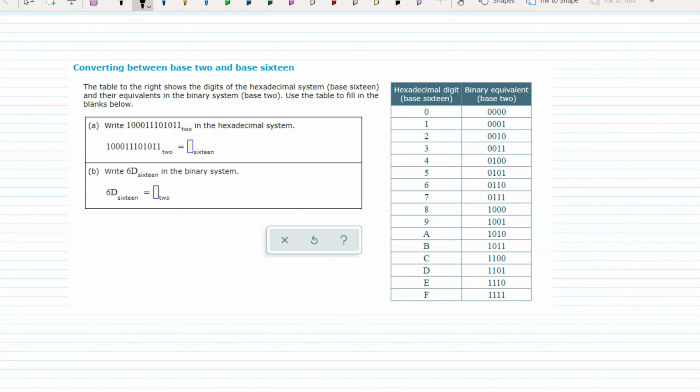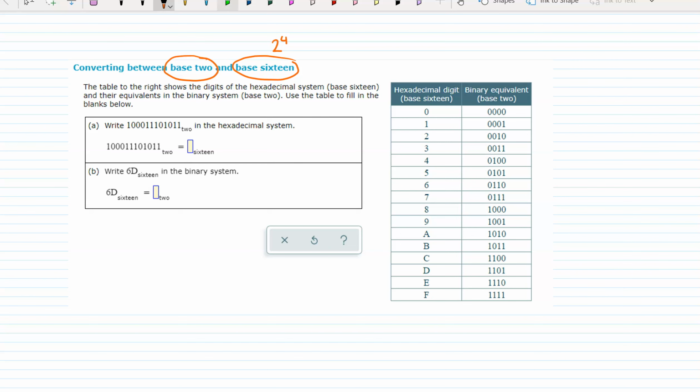Okay, so now we want to convert between two bases. And the key to knowing that you can do it this way is because we are going to be converting between base 2 and base 16. And the thing is that 2 raised to the 4th power equals 16. So as long as one base is a power of the other base, it's actually relatively simple to convert between